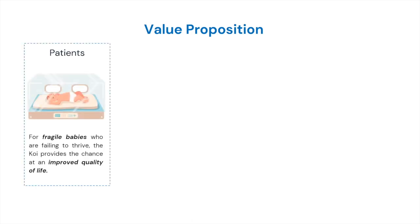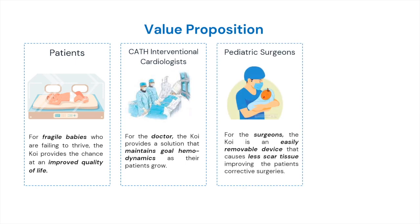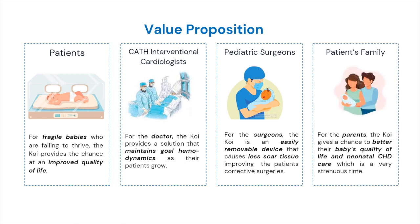The Koi provides a unique value to each of our stakeholders. For our patients, it improves their overall quality of life. For the interventional cardiologists, it provides a transcatheter solution to maintain goal hemodynamics. For pediatric surgeons, it limits the amount of scar tissue, improving outcomes of the corrective surgery. And lastly, the patient's family will have the opportunity to better their baby's quality of life without incurring the costs